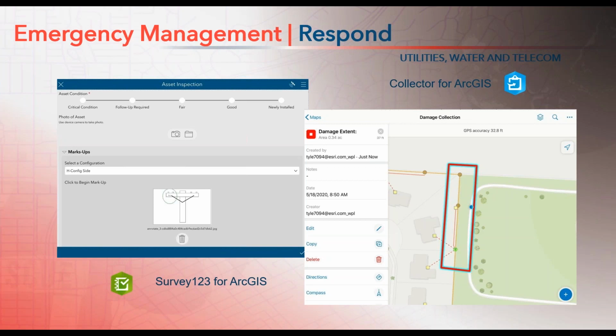Use of these apps will depend on the extent of the damage or the degree of training that the people collecting the information would need. Just because you pick one or the other, that's okay. They can be used in combination with one another. The results for each of these apps are available immediately to the rest of the enterprise for decision-making and logistics.